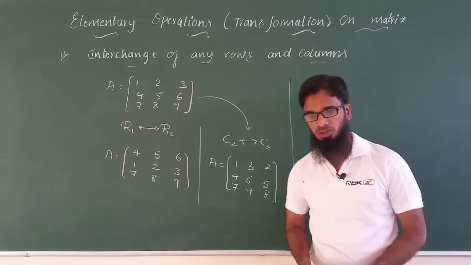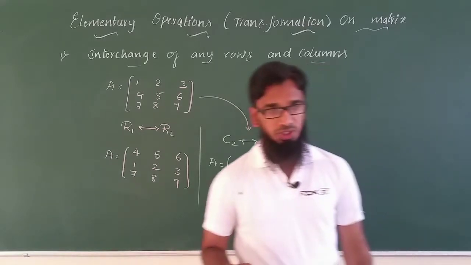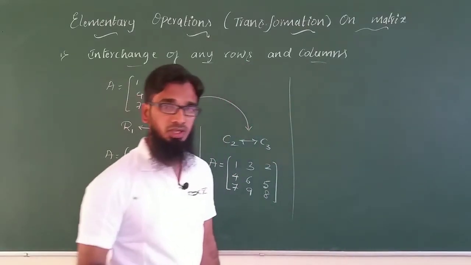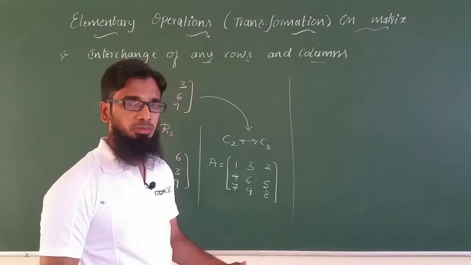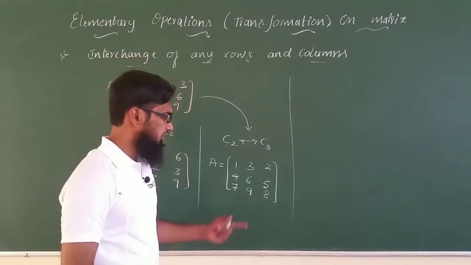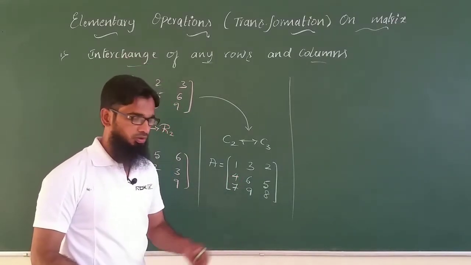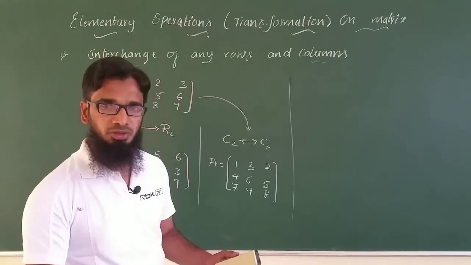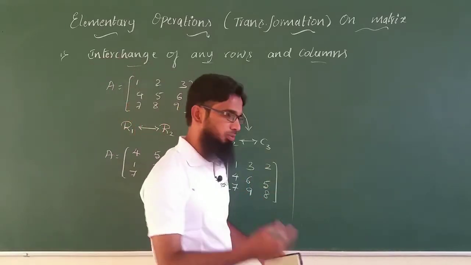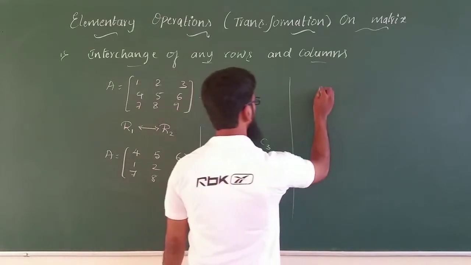Because we have to solve the system of linear equations in a simpler manner. So with the help of this matrix we can solve here. Similarly, if I interchange the rows and the columns, I am not disturbing the system of linear equations. For example, if I take a linear equation like this,